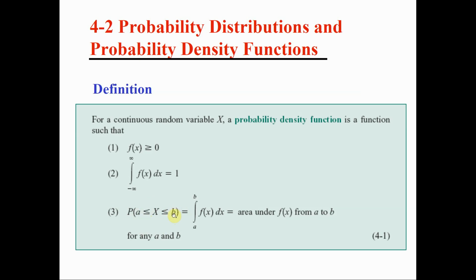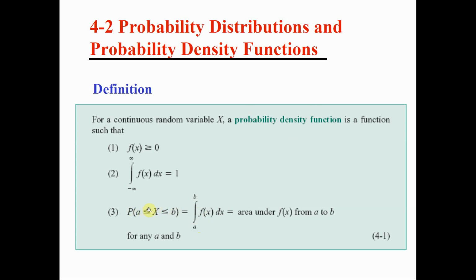In the continuous case, we're doing the same thing. We are adding all probabilities, so we add all function values from a until b, but because the variable is continuous, that summation, that addition, turns into an integral from a to b of the function f of x dx. So the probability density function, if we integrate between values a and b, gives you the probability that our variable is between a